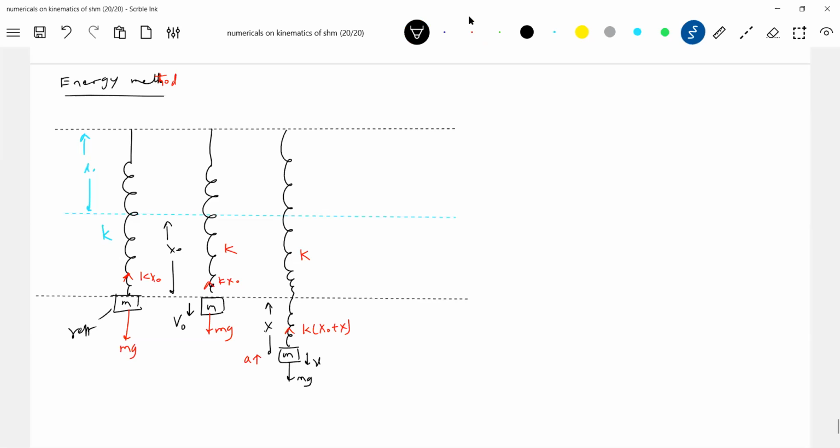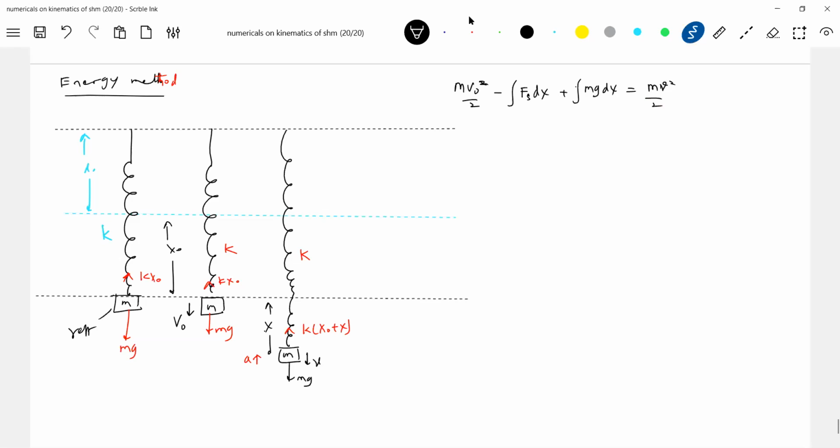Okay, let's do one thing. The oscillation energy, initial kinetic energy mv naught square by 2, plus work done by spring force, plus work done by gravity, equal to final kinetic energy. Just the work energy theorem, I think you know. Initial kinetic energy is given, because as the block moves, spring force does negative work, as it acts opposite to displacement. The gravity does positive work, mg into dx.